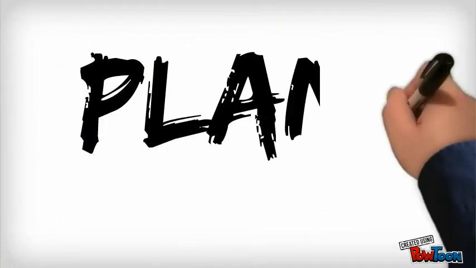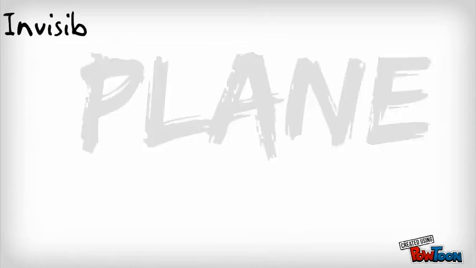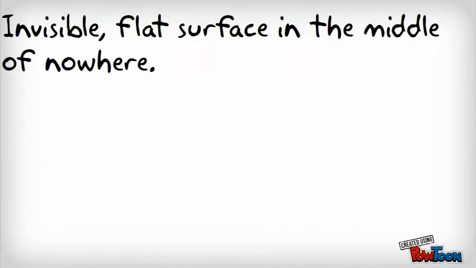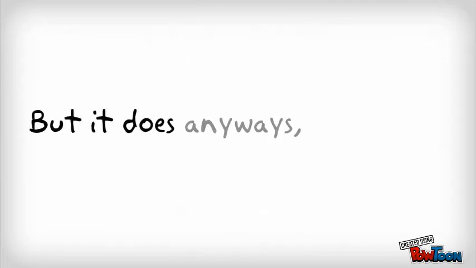A plane is like a piece of paper, extended infinitely in all directions so that no matter how far you go, you will never reach the end, and the paper is so thin that it has no thickness at all. That large piece of thickless paper is a geometrical plane. So basically, a plane is an invisible flat surface in the middle of everywhere. But of course, in order for us to see it, planes are drawn so that it has some thickness, and maybe sometimes when we draw it, the plane does not stretch infinitely. Technically, the plane does not exist, thus Euclidean geometry does not exist.